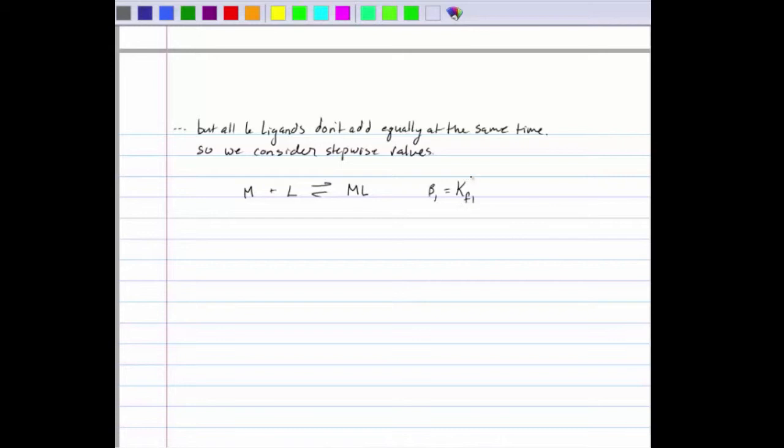So a lot of the times people will put a prime up here. I think the confusion in the literature comes from the fact that there's only 2 letters that they use to define a whole bunch of different things. So I'm going to define this as KF prime, and this is going to be equal to ML over M times L. So this is step 1, right? And then your next, so for formation